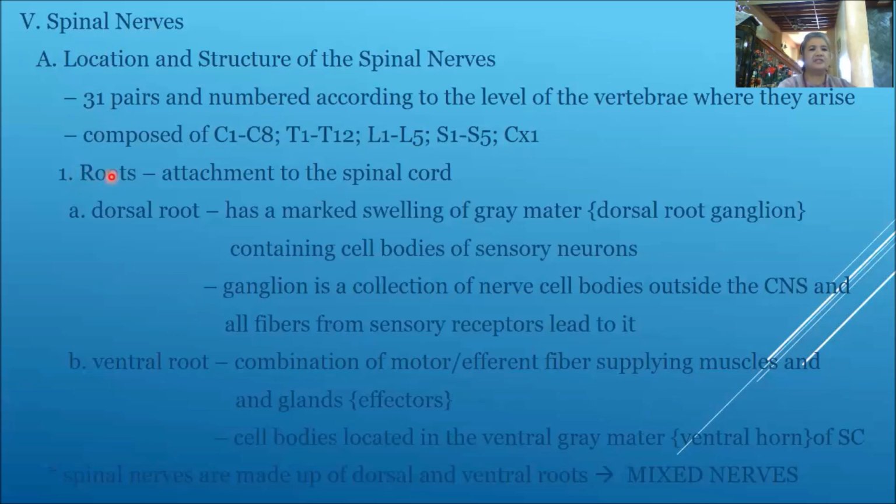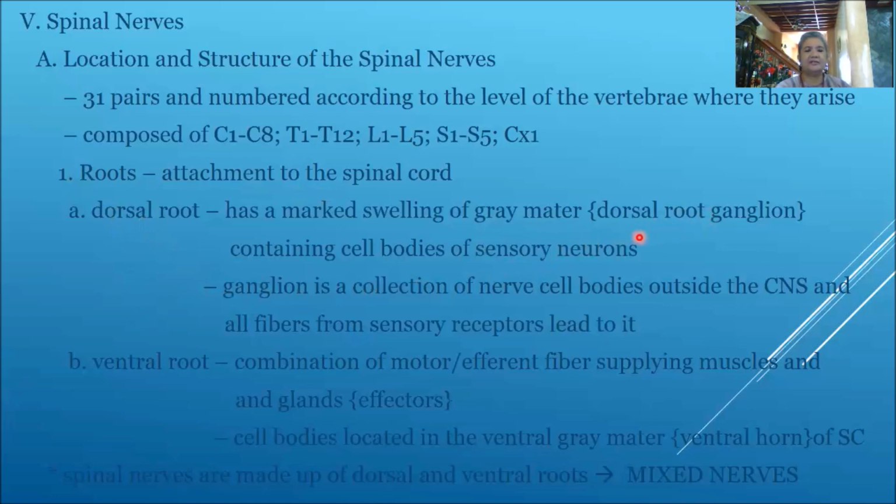This will be the attachment to the spinal cord. They have 2 roots, your dorsal and the ventral root. The dorsal root has a mass swelling of gray matter, which is known as your dorsal root ganglion. And this contains cell bodies of sensory neurons. Now, a ganglion,